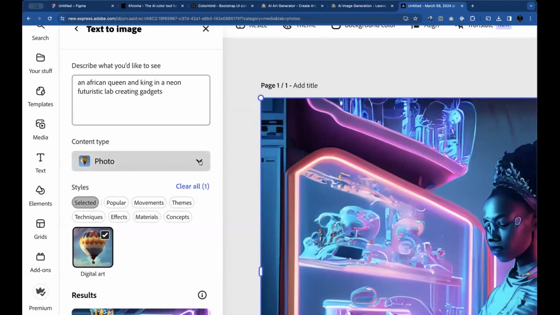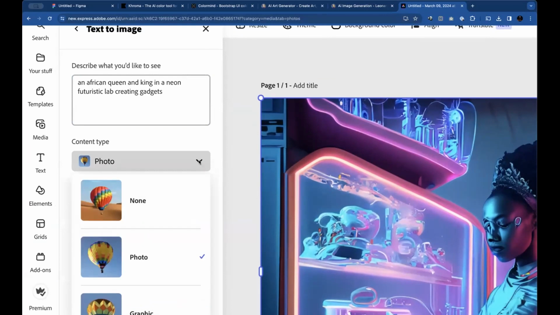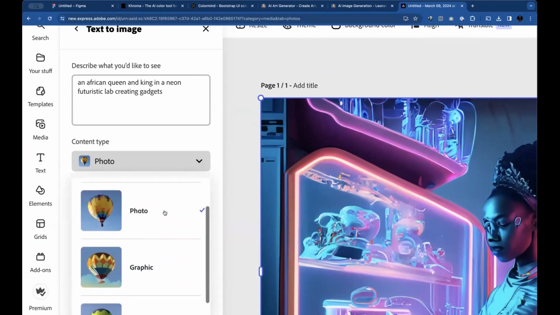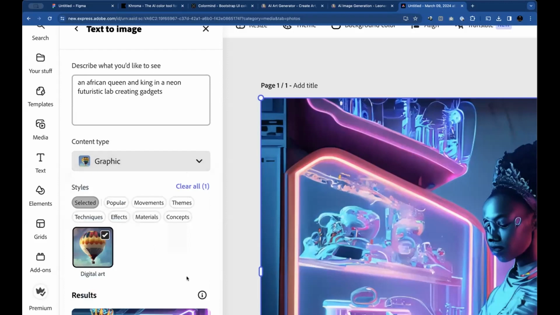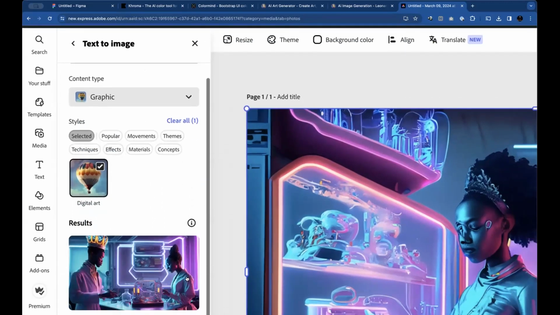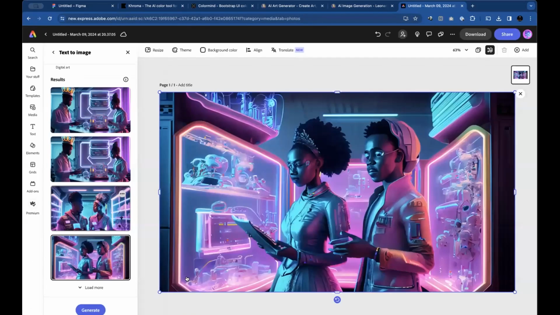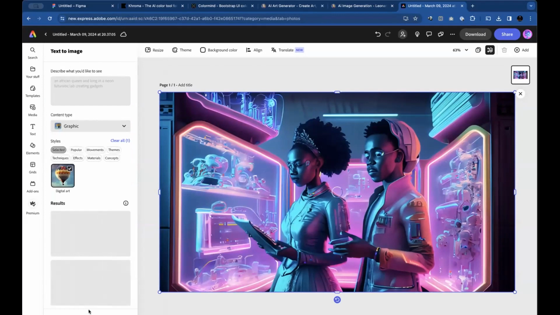If you click on the arrow that is pointing up, you can choose all the different styles that you want. You want it to be artwork, you want it to be like a normal photo, you want it to be graphics. Once you select it, go back to the lower part, the bottom part, and then click on generate again for it to regenerate what it has done before.